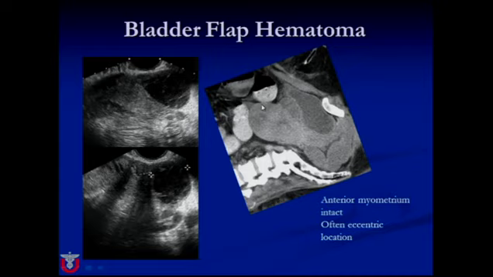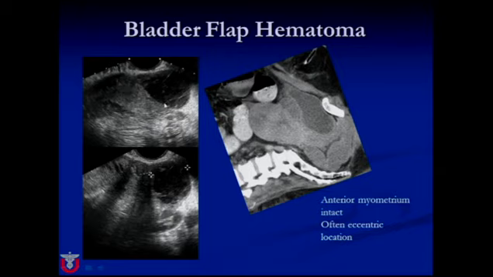Moving on from sepsis, there are many types of hematomas that occur exclusively in the pregnant population. And one important one to be aware of is the bladder flap hematoma. So when a cesarean section is performed, there is a transverse lower uterine incision, and this goes from side to side, and most of the major amount of venous blood in the postpartum or pregnant patient is in the parametrial plexus. So if there is a slow ooze from a vein following the surgery, blood accumulates anterior to the myometrium,